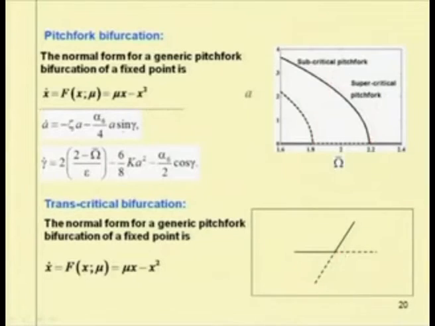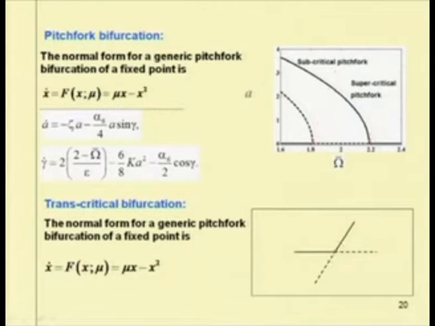So, similarly, we can study the pitchfork bifurcation. In the case of pitchfork bifurcation, these two are pitchfork bifurcations. So, this is a supercritical pitchfork and this point is supercritical, as when we are decreasing the parameter, from a stable response it goes to a stable non-trivial branch. So, this is the trivial branch, this is the non-trivial branch. The trivial branch becomes unstable, but the non-trivial branch becomes stable.